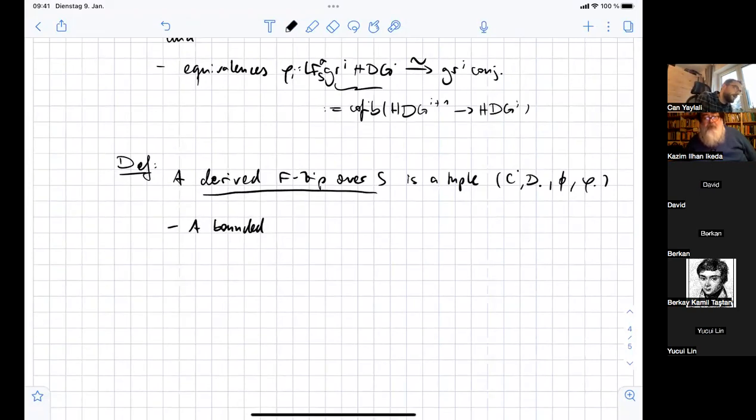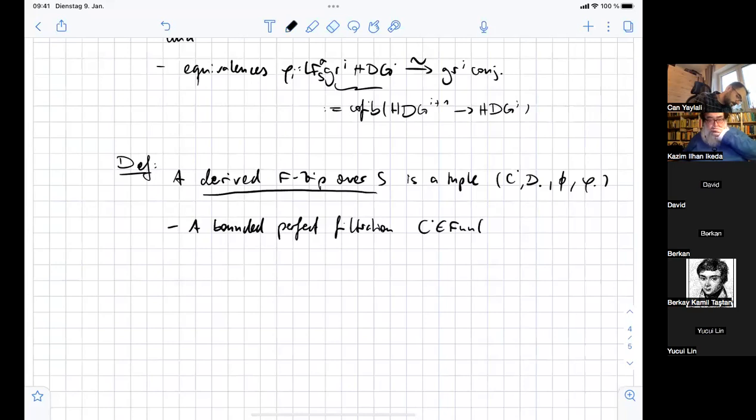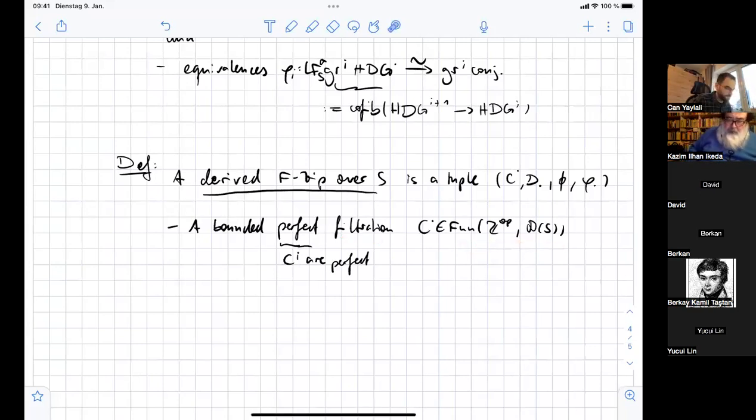We have a bounded perfect filtration C, which is nothing but a functor from Z^op to D(S). And this means that the C_i are perfect. Filtration really means that this is just a functor like this. And bounded, okay, at some point it should be 0, at some point it should just be isomorphic to the